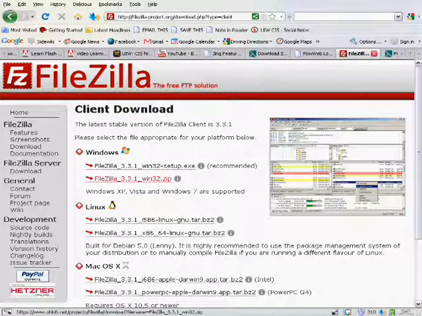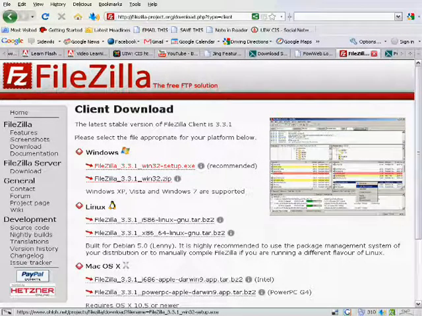The first is an executable and the second is a zip file. The zip file comes in handy if you're working from dial-up mode. Otherwise, it's kind of a pain because then you have to unzip everything. Let's choose the recommended option, which is to save the executable somewhere on our computer and install from there. So let's click on